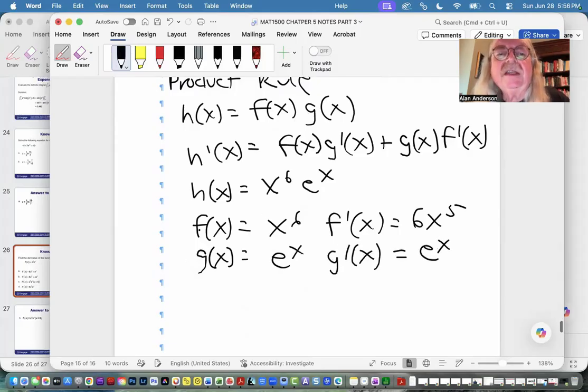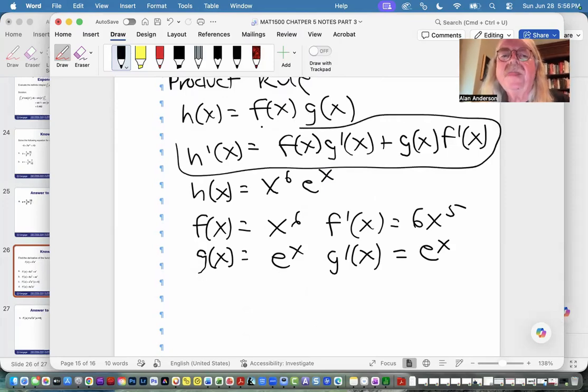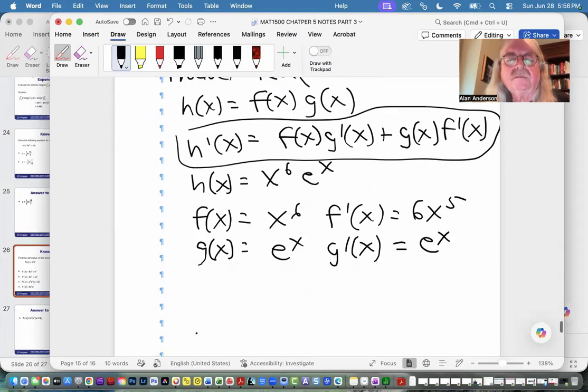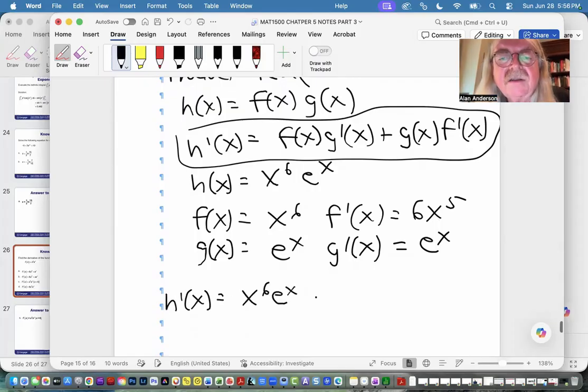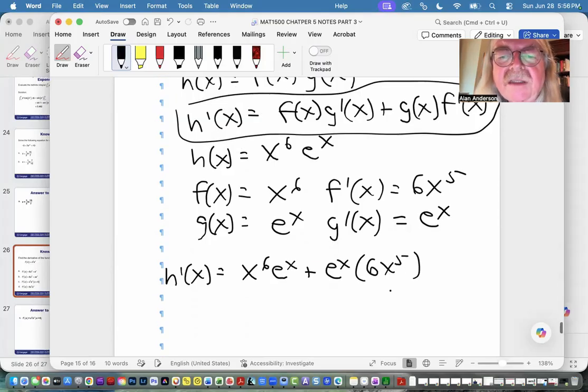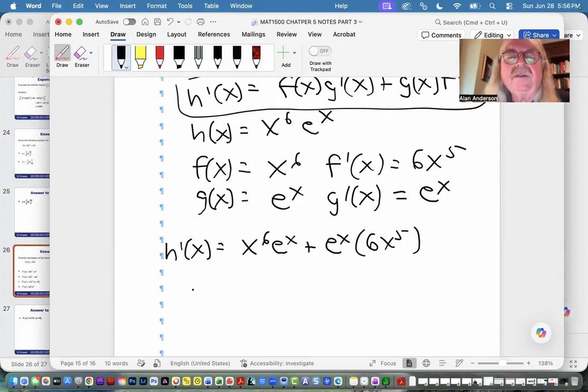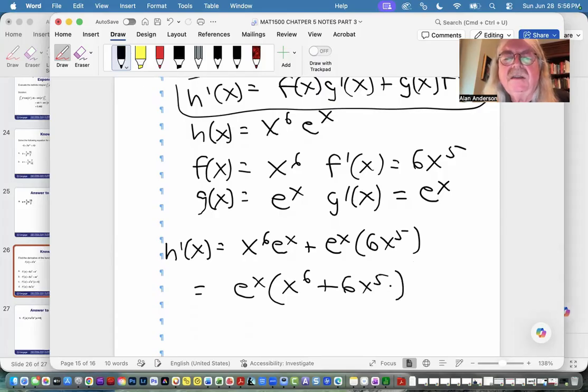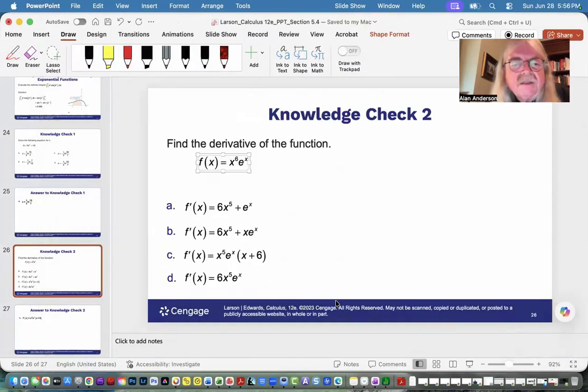So when we plug everything in, let's see what we get. F of x, x to the sixth, e to the x. And then, we can simplify this or gather the like terms. This will do the job. Okay, so that's going to be,